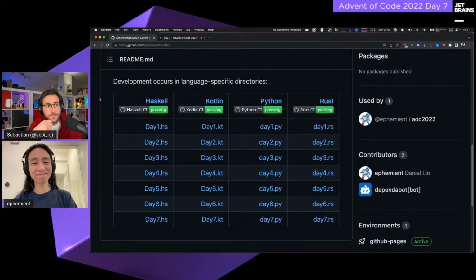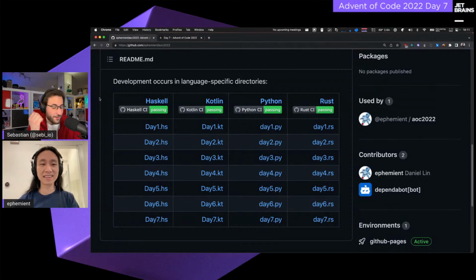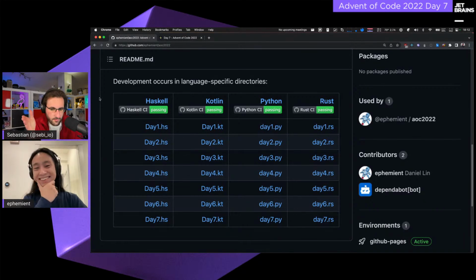I think so. One of the languages where I tried a different language before for Advent of Code was the first few days, and I did them in OCaml because that's the functional language that we learned in university, which was all fun and games until working with their immutable data structures came to the point where I would write an algorithm. I would start running it in OCaml. I would switch to a different computer.